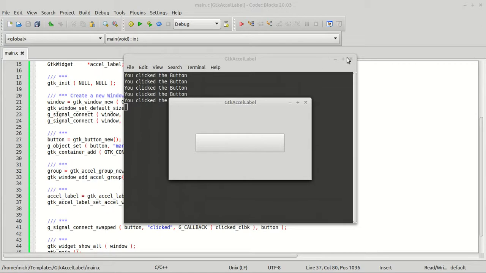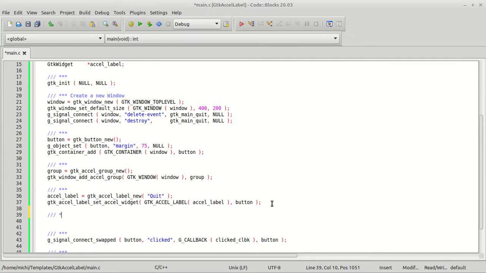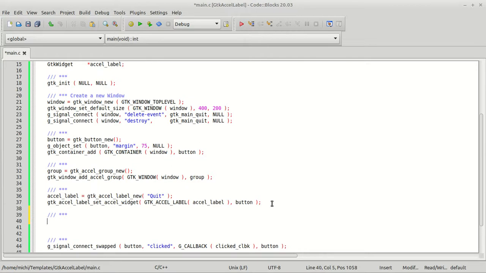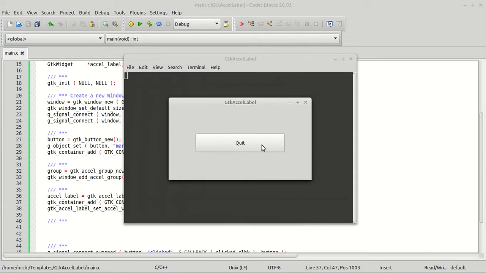But we have no information, because now the next thing which is very important for us is to call the... I forgot one thing which is very important. We need to add, let me copy this part, we need to add the accel label to our button, because if we are not doing that, then definitely something will go wrong, because it's not there. Anyway, let me see. At this point it says quit, and we have no accelerator,